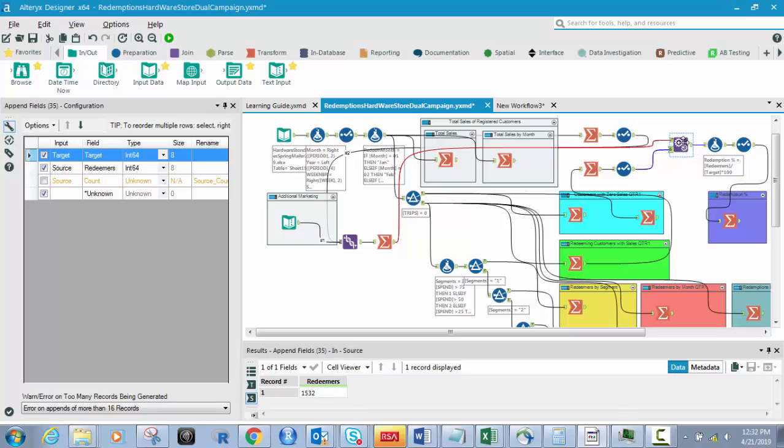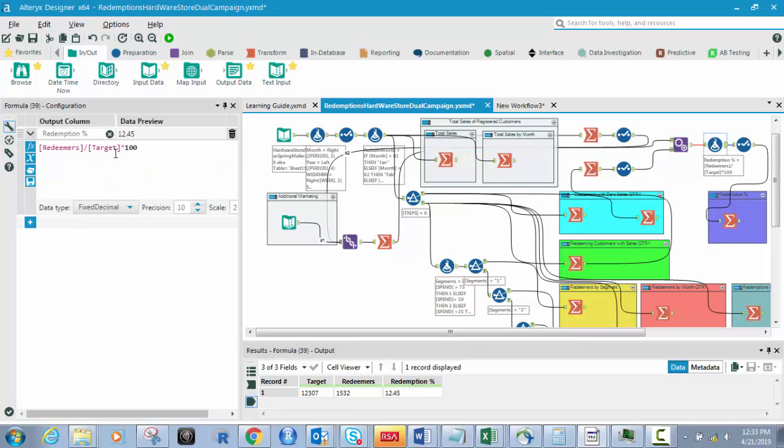So when you put that in here, you have target and source, and then here what comes out is target and redeemers, right? Just like that. So instead of looking like this and this, it's now together like that. That is what the append does. And then next I have a calculation where what I do is in this formula, I just have